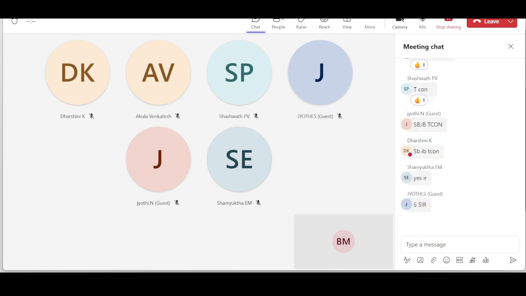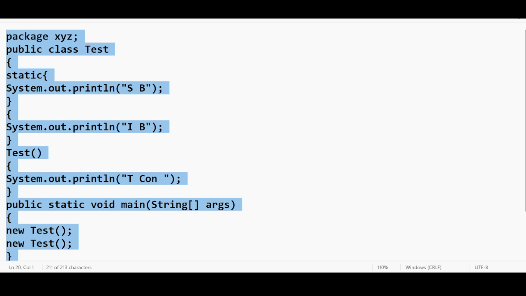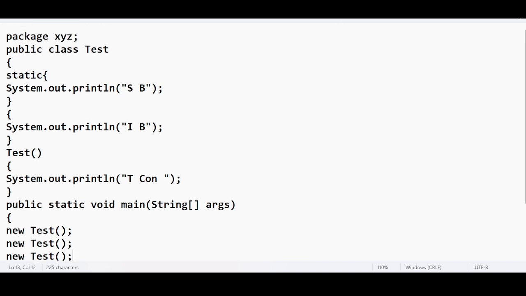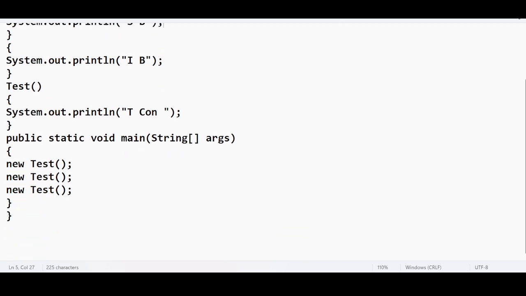Why two times IB Tcon? Two times the constructor call is happening. Two times we are calling the constructor. If I call the constructor for the third time, don't you think the output is going to be SB, and then